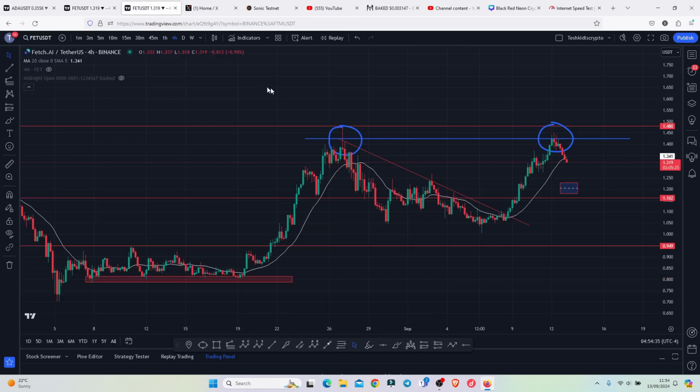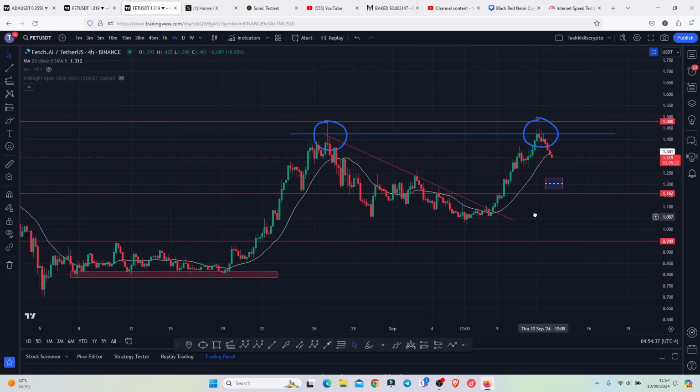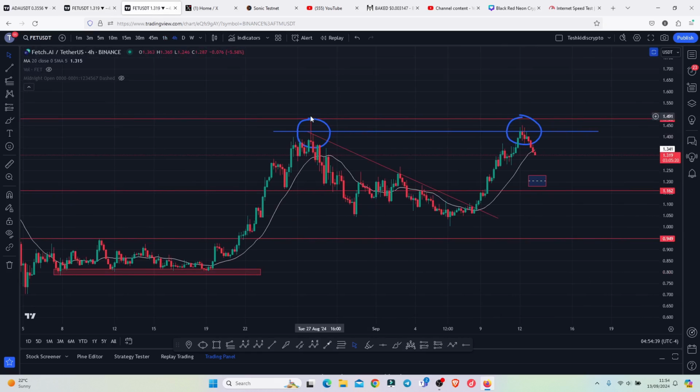then there are high chances that whatever is playing out is a breakdown move out of this chart pattern that we have here on the 4-hour chart, which is a double top, where you can see that we tried to break above this key area of resistance above the 1.423 with no successful breaks above that area, where you can see that we got the first top over here, so a pullback giving us the neckline. Then we saw the second top, and there are chances that in case we continue heading further down, then in the next coming days we are finally going to see a break out of this chart pattern to the lower side,